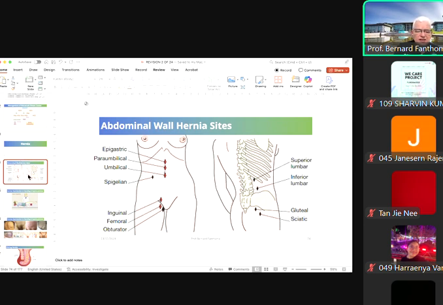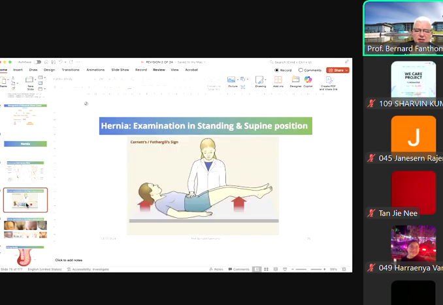Now, when we are assessing our patients, among the first things we must say when we have examined our patient is that the patient was examined in the standing and supine position. The advantage is that it automatically clears out the smaller hernias which may not be apparent when the patient is lying down. So when you make that person stand and cough, you are immediately picking up even the smaller hernias. And the next important thing is this Carnett's sign, which we use mainly for abdominal pain,